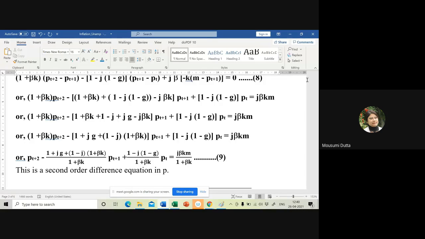Okay. So next, the 2 roots of the quadratic characteristic equation of equation number 9 are given by